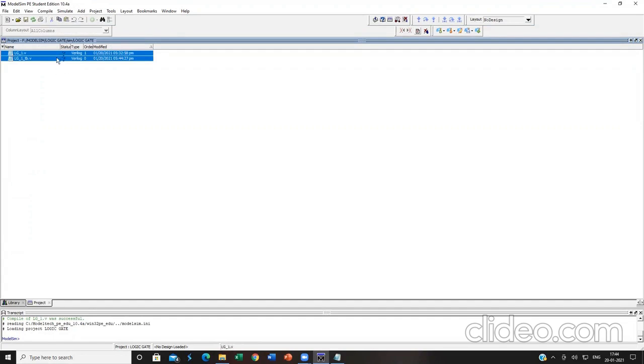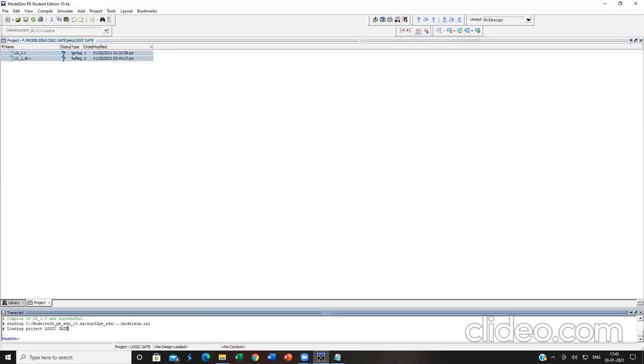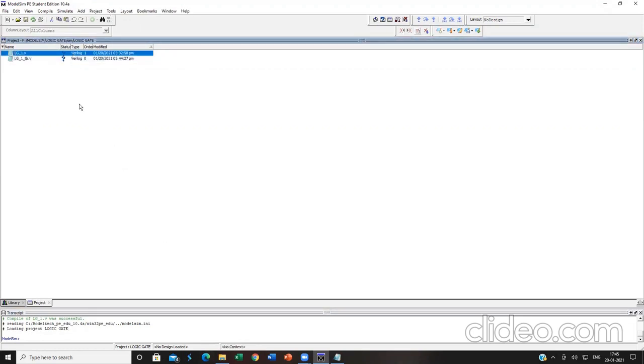Either you can select both the files by Control-clicking the first file and then, with the Control key pressed, clicking the second file. Or else, if you feel that is uncomfortable, click on Control A and everything will be selected.